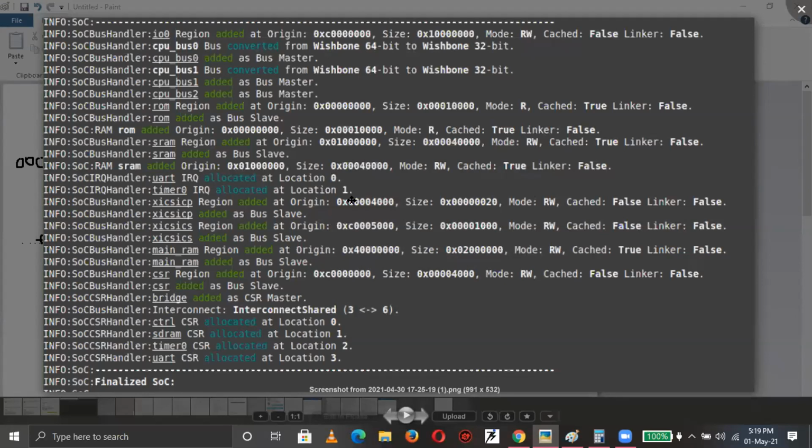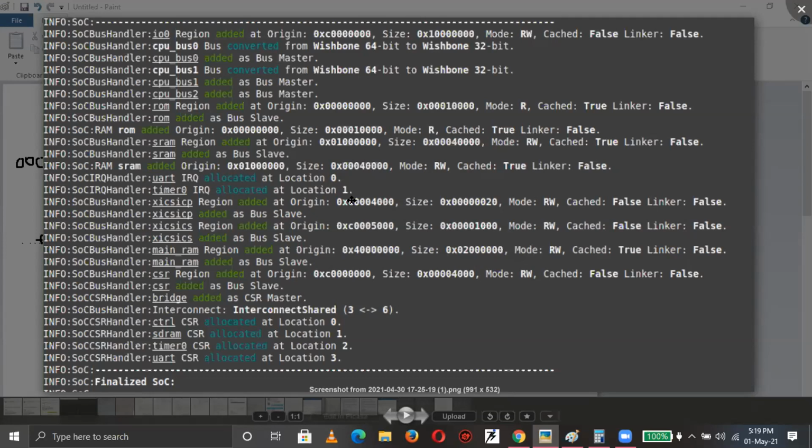Okay. So the default memory map is always part of the protocol definition, I mean the IP, the peripheral definition. Microprocessors and microcontrollers will have by default some memory map.